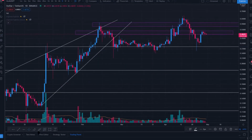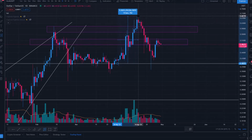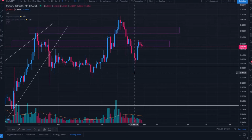Upon breaking this resistance, bringing us into this most recent accumulation that we just came out of, we now appear to be re-entering. From that swing high to where we found support and broke upward was about 45 days. We've now rallied recently since the beginning of the month. Off of this 38-cent support line, we've rallied all the way up 78%, all the way up to 69 cents roughly, and we've had a rather significant rejection, falling all the way back through previous resistance levels, not really able to solidify them as support. We've come all the way back down to the lows of like 35, 36 cents here,